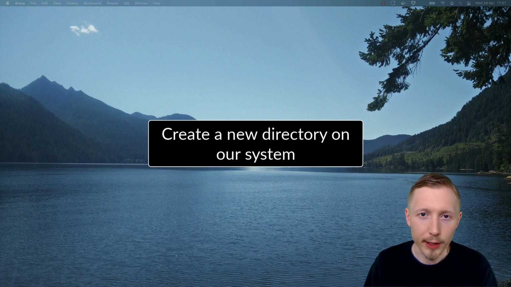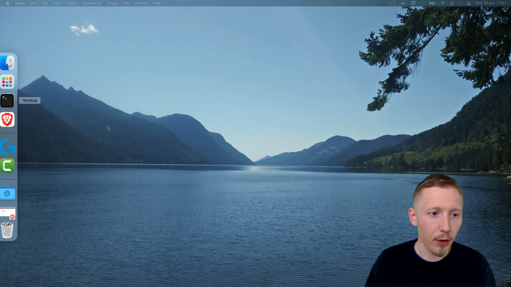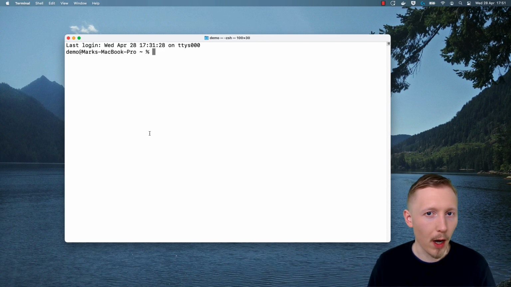The first thing we're going to do is create a new directory on our system that we can use for our project files. So head over to the terminal, or if you're on Windows, the command prompt, and then navigate to the location where you want to create the project. So I'm going to do it in